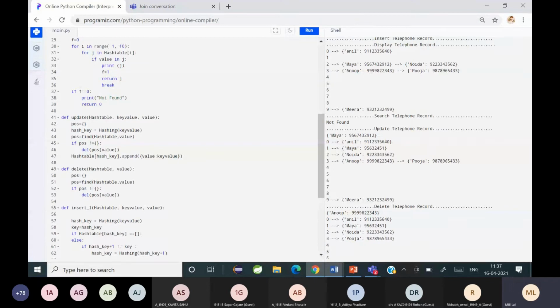So if the phone number is updated, there are chances for the index of that data to change. So if you don't delete the previous existing one, there might be duplicate data in your directory.